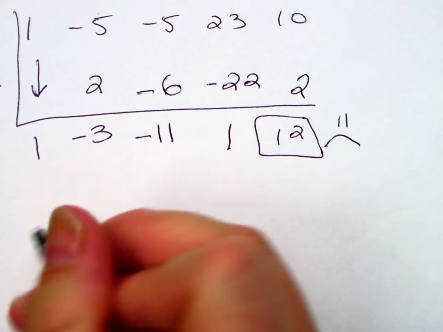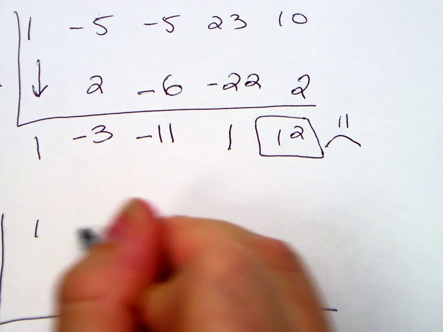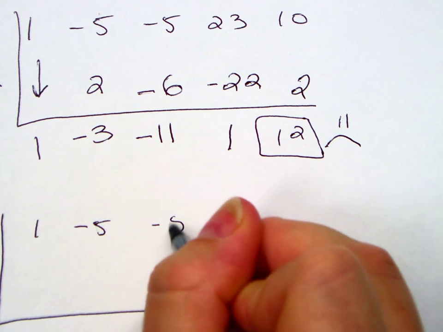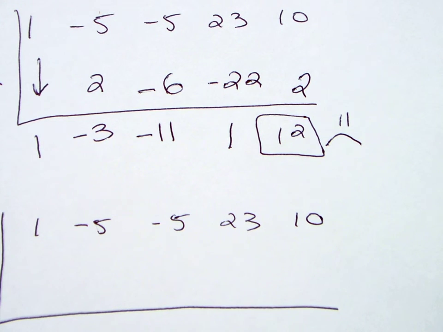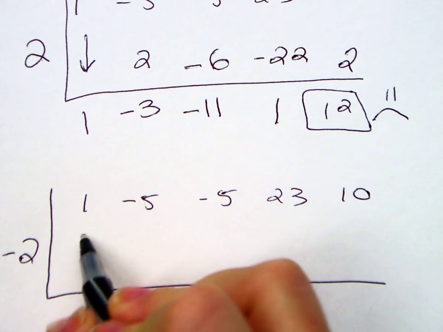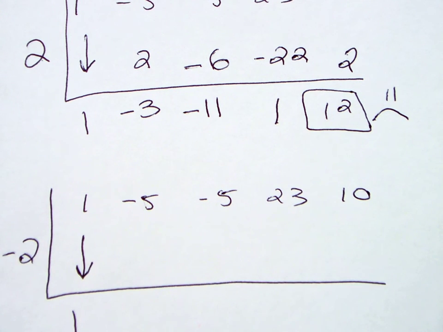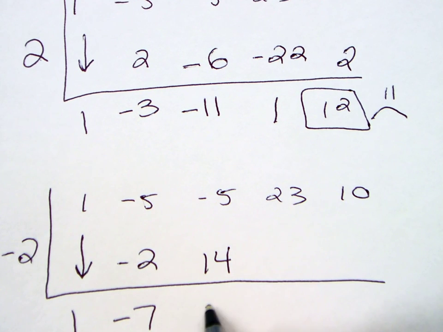Negative 2. Is this super obnoxious? Yes. Is it difficult? No. Again, literally, there's no craziness happening here. We're doing guess and check, guys. Don't think, oh my god, this is so horrifying. Yeah, it's annoying, but it's not difficult. Bring the 1 down. Negative 2, negative 7, 14. Watch your signs. The biggest issue I see here is